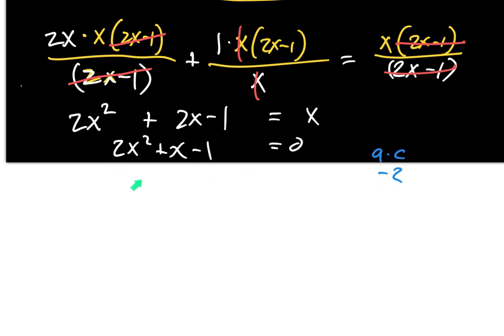So then I do a times c, negative 2. I need 2 numbers that multiply to negative 2. -1 and 2, 1 and -2. That's about it. Do any of these pairs add to +1, the middle number? Yes, they do. Factor by grouping. 2x squared minus x. That's the -1, so -1x. And then it'll be plus 2x